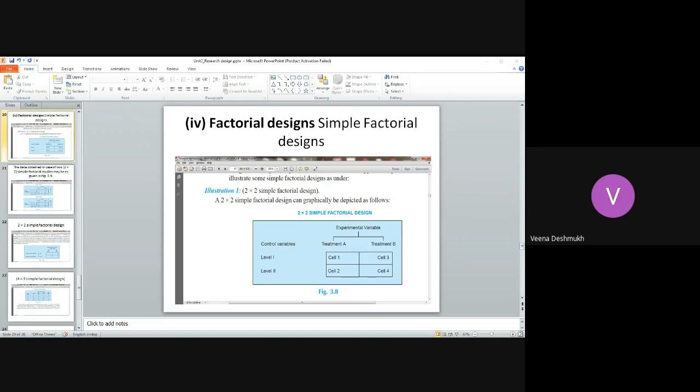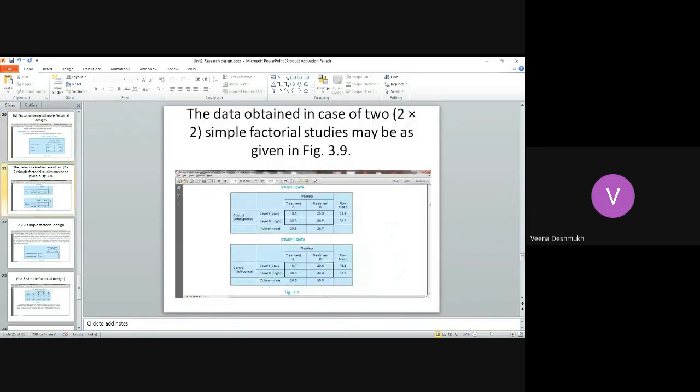So like this, you get 4 cells with treatments A and B, that is 1 hour and 4 hour teaching, and levels inside and outside the classroom. So this is a simple factorial design. So the outcomes are going to be 4 results. Now with 4 results, each result may be different. So I will take help of the internet where I studied this.